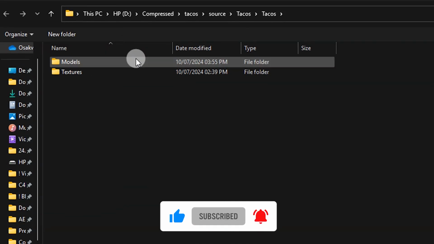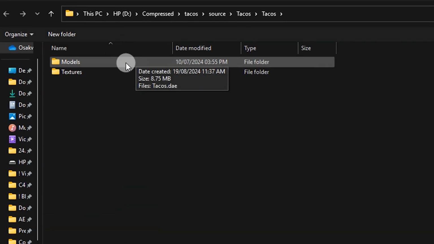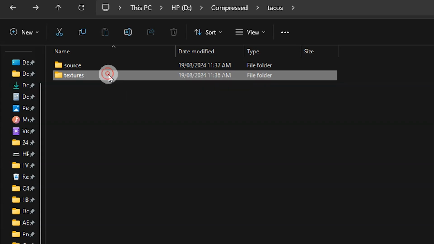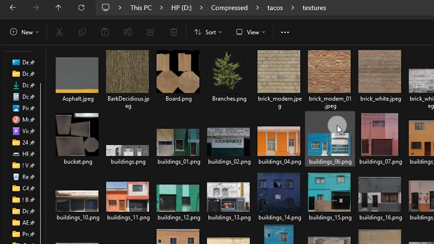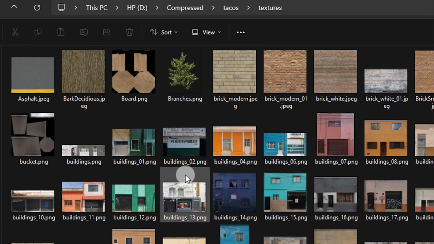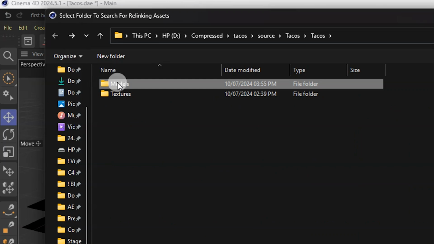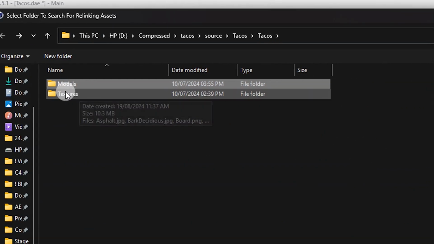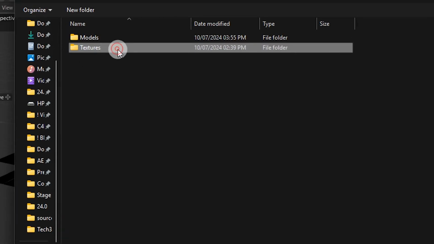So I'm going to go to the location where the assets are saved. This is the texture folder containing the assets. So I'm going to select the folder that contains the assets, the materials. I'll come here and click on Select Folder,